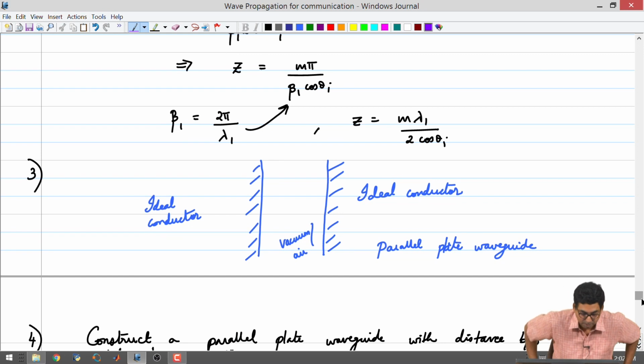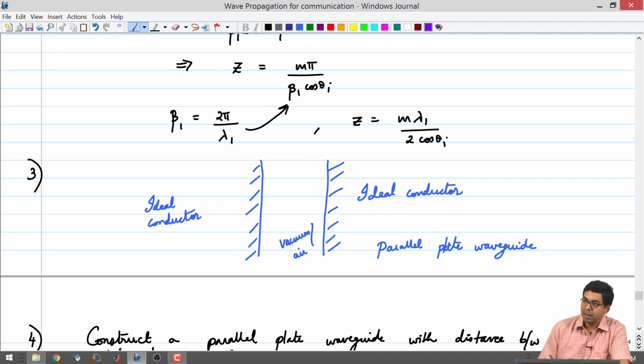Okay, we'll get started. Quick overview of what we have seen with respect to parallel plate and rectangular waveguide so far. We tried to derive the transmission and reflection coefficients for dielectric interfaces and dielectric conductor interfaces. For the dielectric conductor interface, there was no transmission coefficient, it was 0, and only the reflection coefficient had to be found.